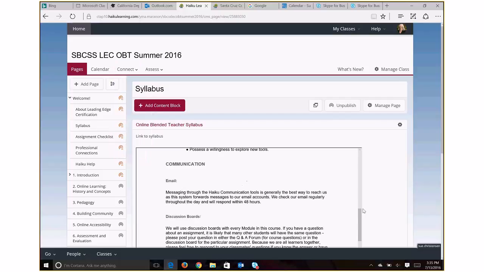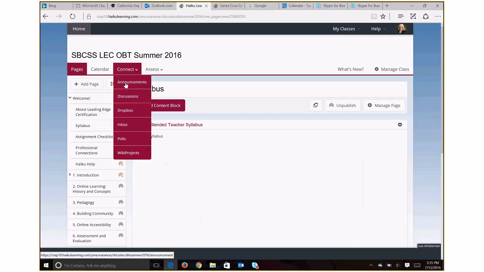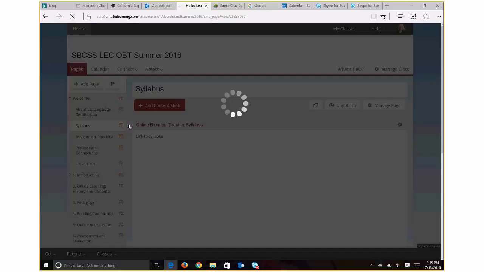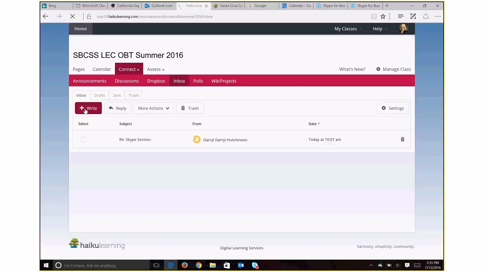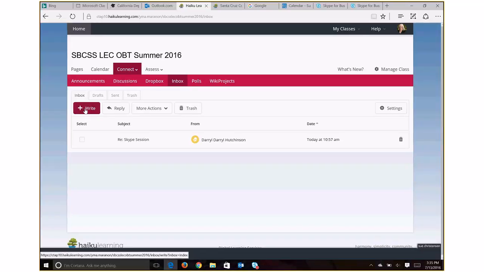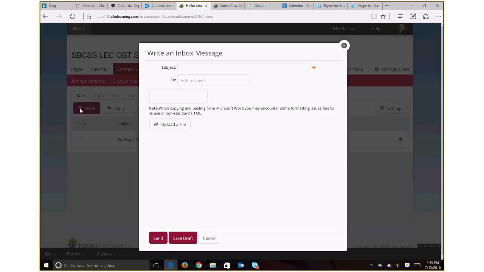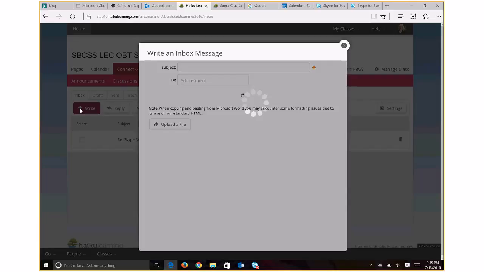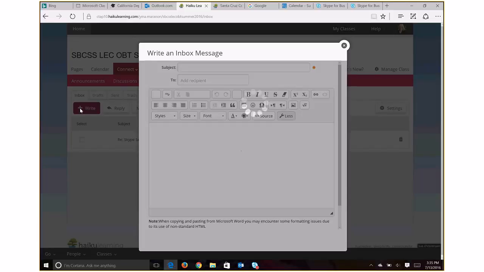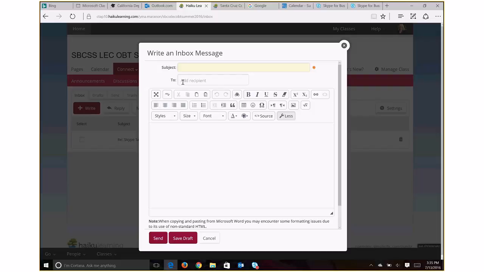Okay, so up here in the Connect area, you would go into the inbox and create a message. You would just click Write. A message box will appear in a moment. Come on. There we go. Okay, and then once you have the message box in front of you, you put in a subject.